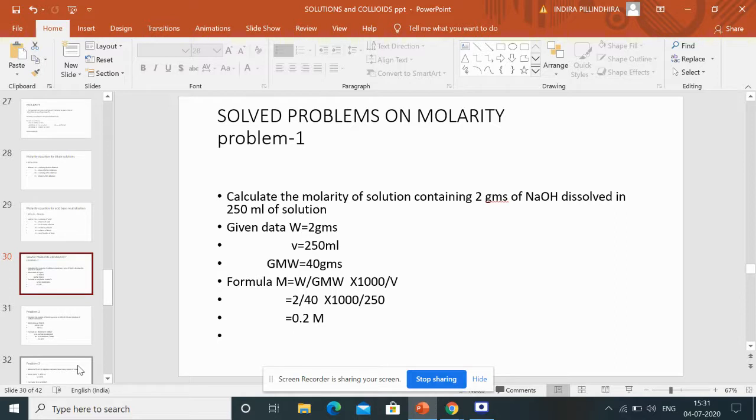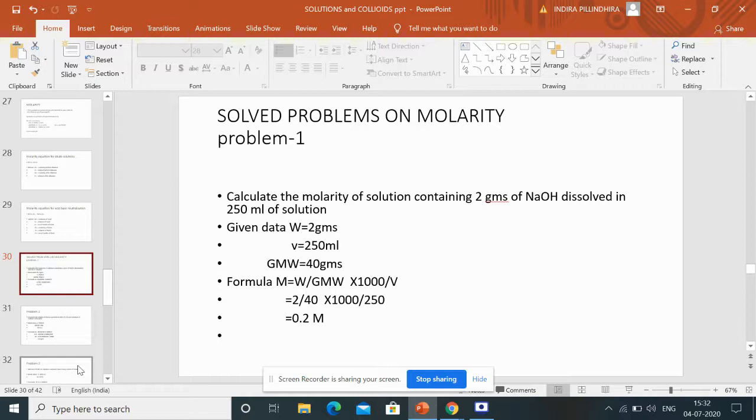So they will be given three factors and you'll be asked to find out the fourth one. You can find out the weight, or the molarity, or the volume. Okay? So it's the first type of the problem. Let's read out. Calculate the molarity of the solution containing 2 grams of NaOH dissolved in 250 ml of